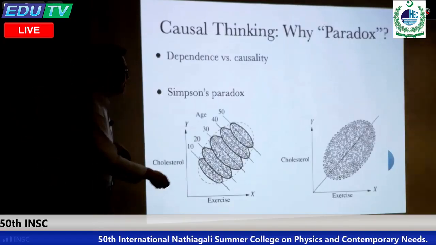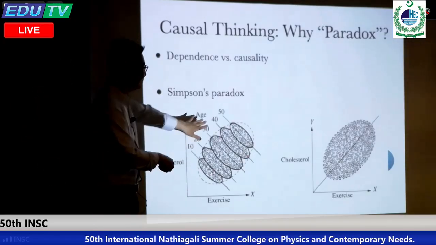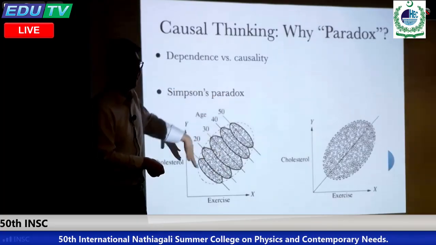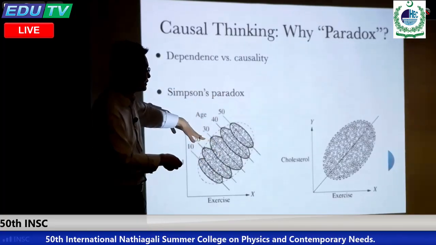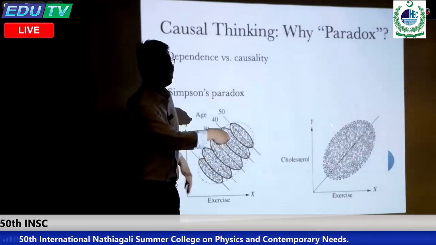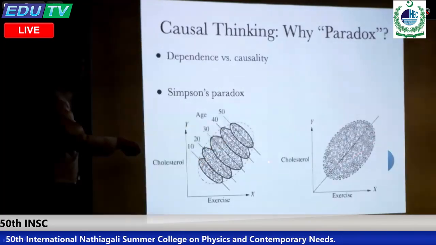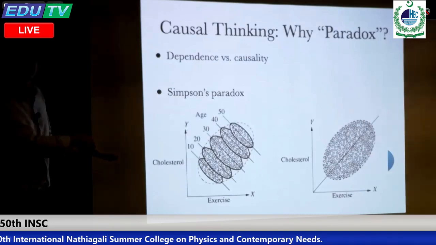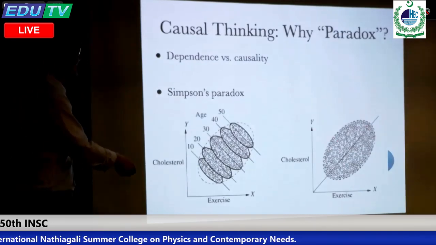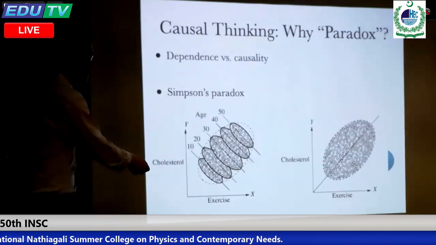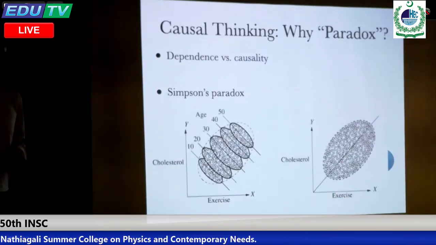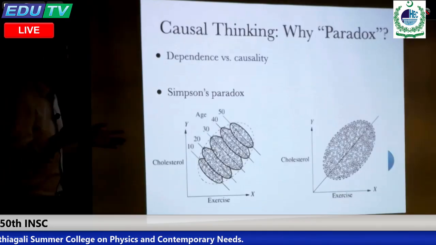So now clearly you want to recommend anyone just do more exercise. But if you put them together, forget about the age information. Similarly, previously, if you forget about the stone size information, you only see this dependence pattern. Now, you can see they are positively correlated, right? And this is also true. If you just want to make prediction, this is very useful to say, oh, on average, the more exercise I see, the more cholesterol. Yes, right? This is the correlation, high correlation.